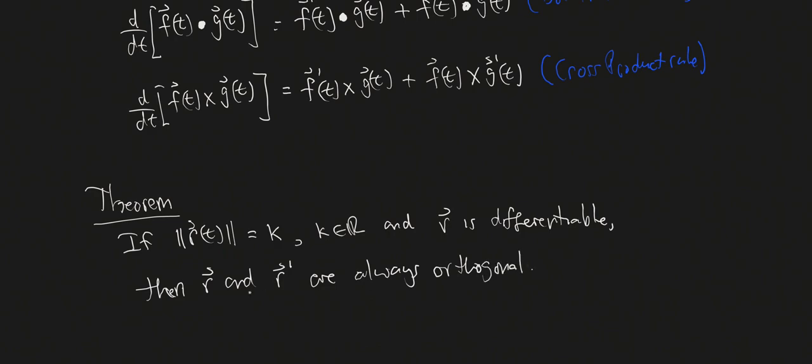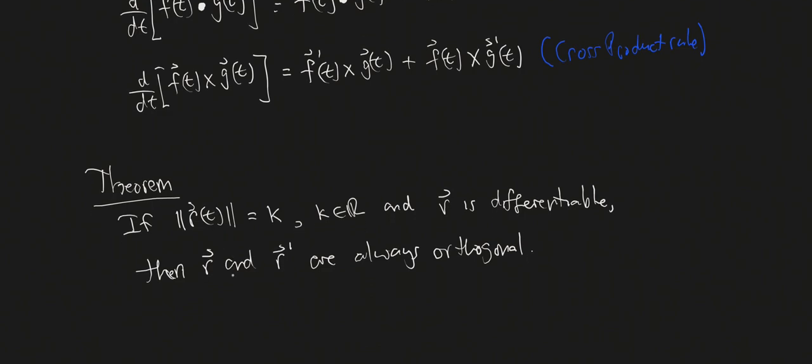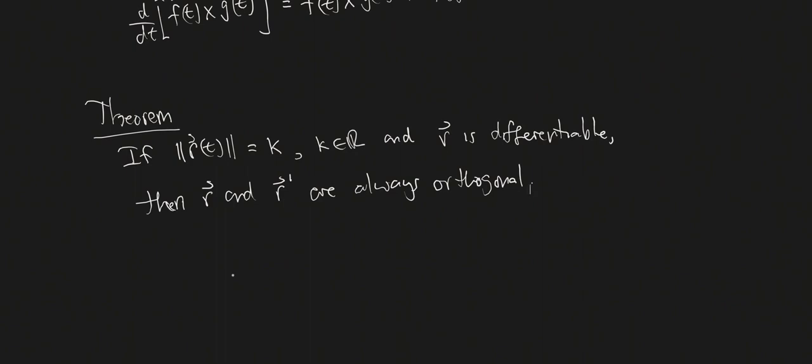In other words, the original vector function and its derivative are always going to be at 90 degrees, regardless of what t is. So what I'll do is I'll give you the proof, and later on, we'll explore what that means visually. Now, going back to what we did with the